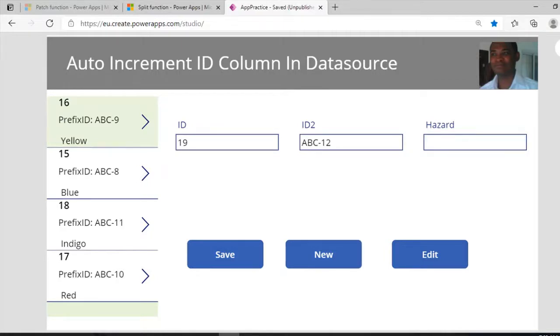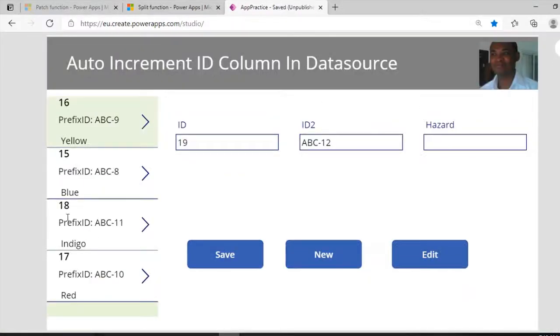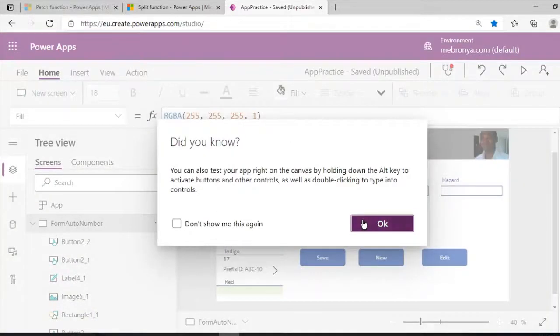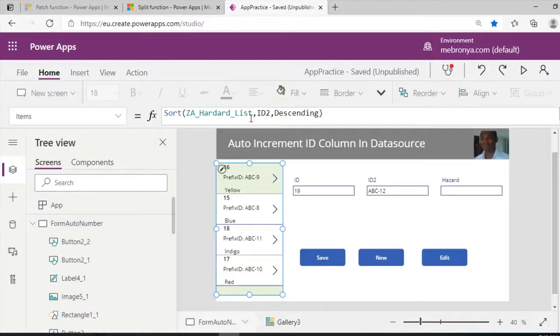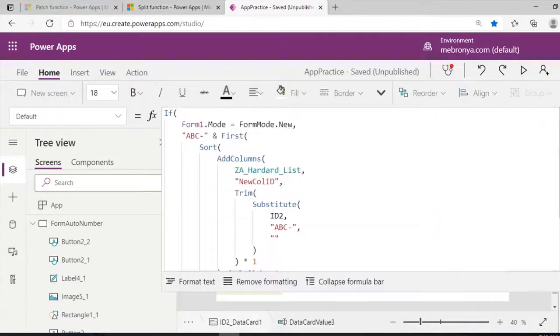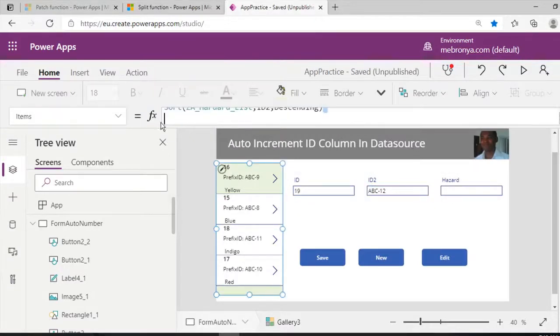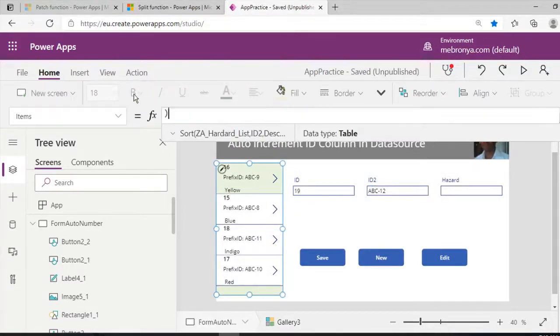So to demonstrate the formula, as I said earlier, when we look at the sorting formula on our gallery, we are having the 9, 8, 11, and 10, which doesn't make sense. But when we place the new code that we generated from our form to demonstrate how the descending order will work this time,